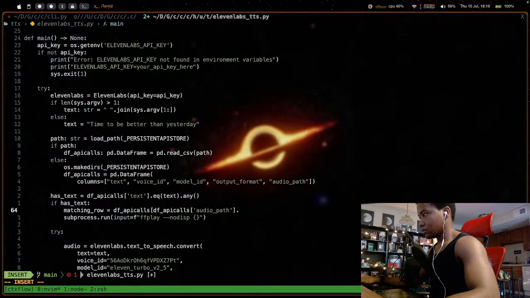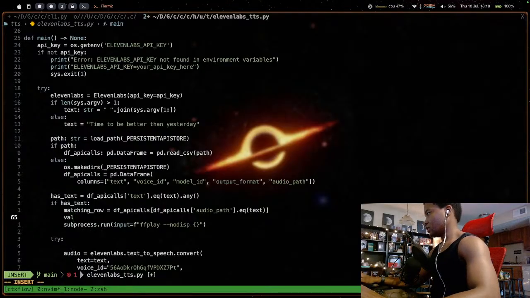So dot eq text, and then we can get the value. Well, it's not even a value, let's just say has audio or something. Just make it different.